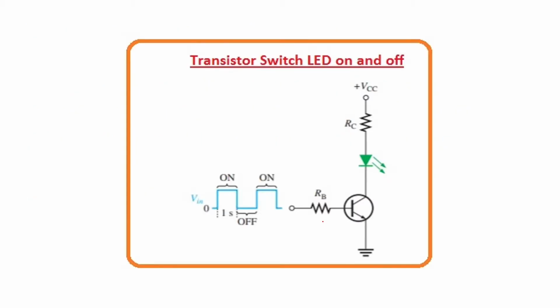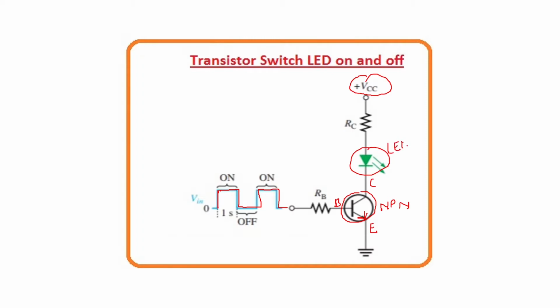So here you can see the circuit which you can use for the experiment. This is your NPN transistor, here is the arrow shown. So this is your emitter, this is base, this is collector. Here you are going to give the input square wave, which will be on for 1 second, and off for another 1 second, then again on for 1 second, then off for 1 second. That is given to the base. And here you can see the plus VCC supply is given to the collector, and there is an LED, a light emitting diode, here.